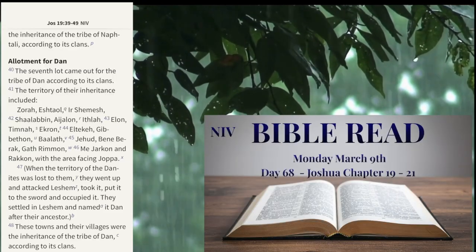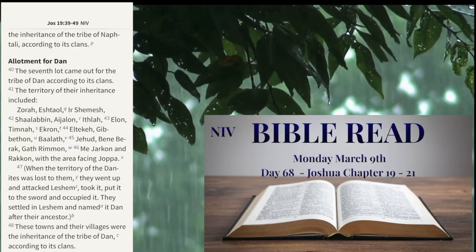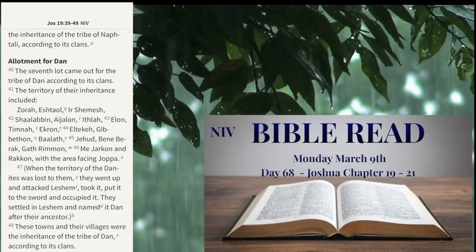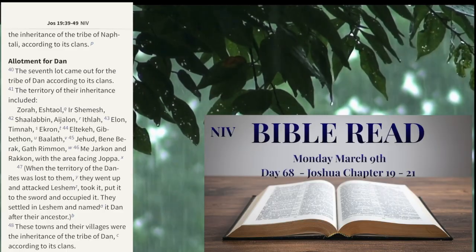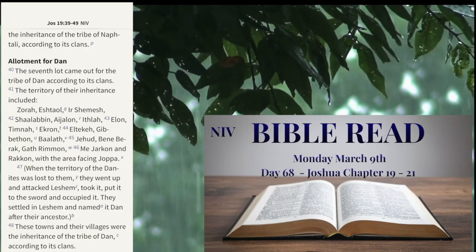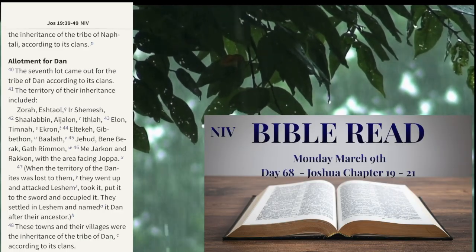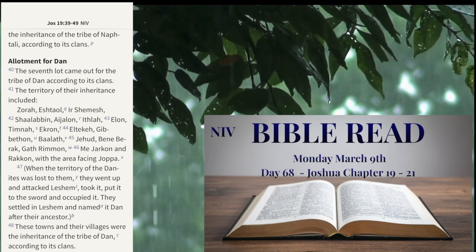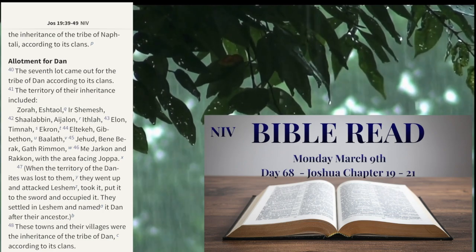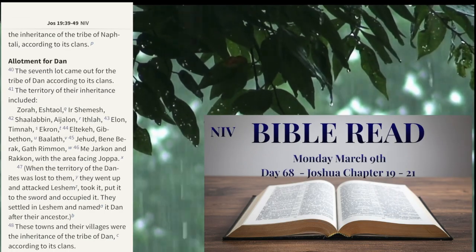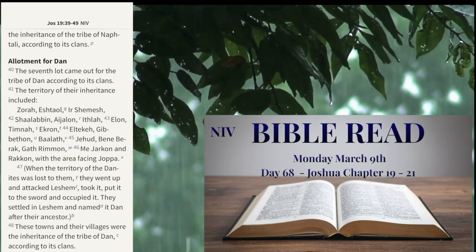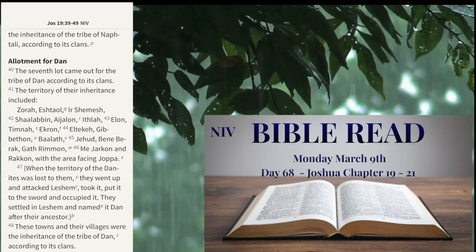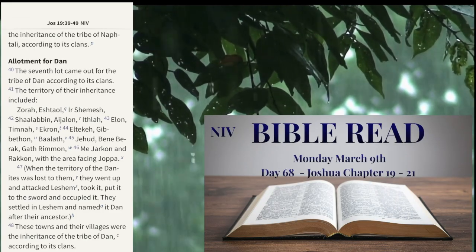The seventh lot came out for the tribe of Dan, according to its clans. The territory of their inheritance included Zorah, Eshtaol, Ir Shemesh, Shaalabbin, Aijalon, Ithlah, Elon, Timnah, Ekron, Eltekeh, Gibbethon, Baalath, Jehud, Bene Berak, Gath Rimmon, Me Jarkon, and Rakkon. When the territory of the Danites was lost to them, they went up and attacked Leshem,